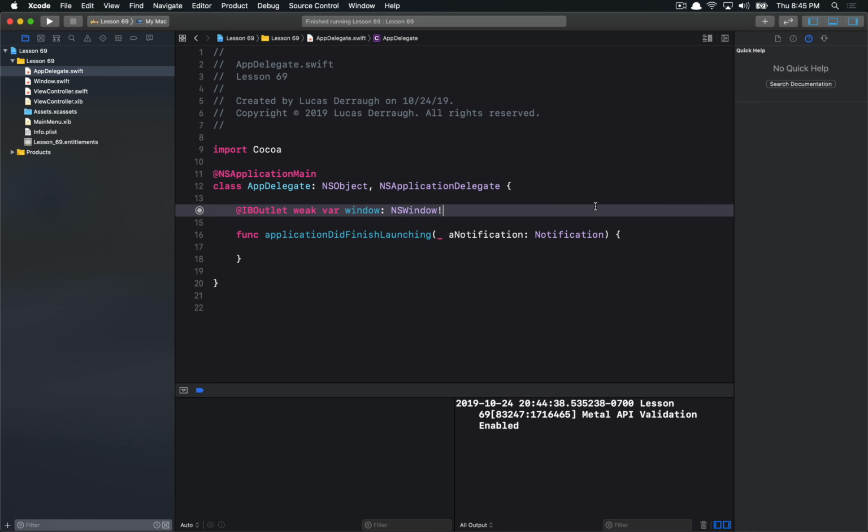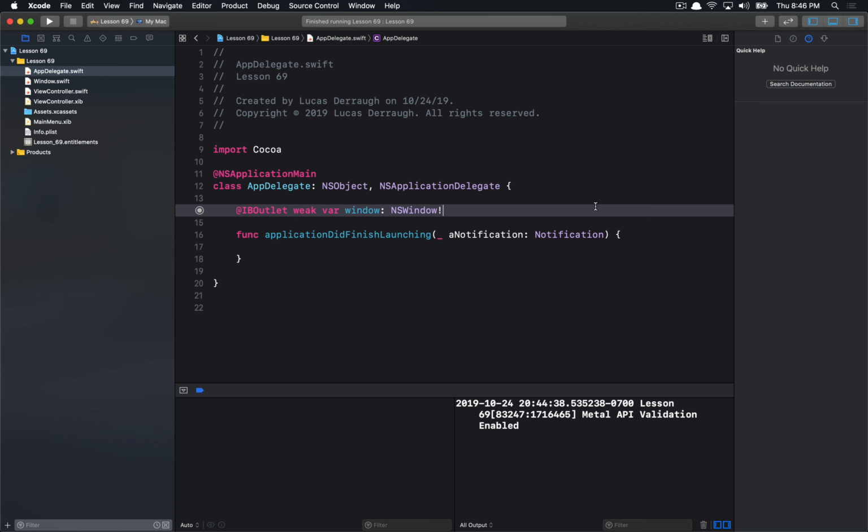The other thing on macOS, though, is that we also have window controllers. Window controllers allow us to manage individual windows. So you essentially have the same idea where you have a single window controller to manage a single window. The window controller is just a nice separation so that you don't end up having every window controlled by the app delegate. And this is unfortunately the default representation that we are given in Xcode when you do a